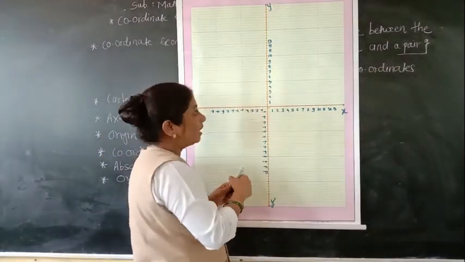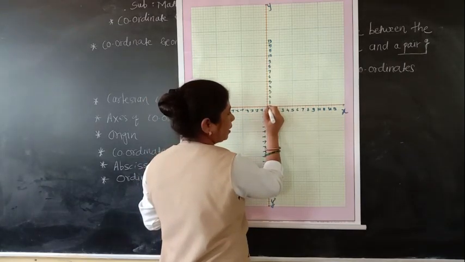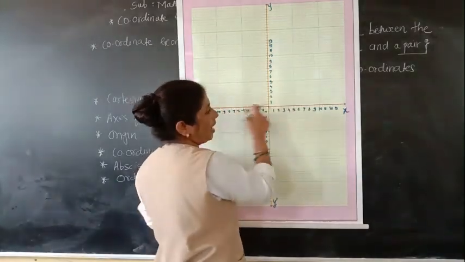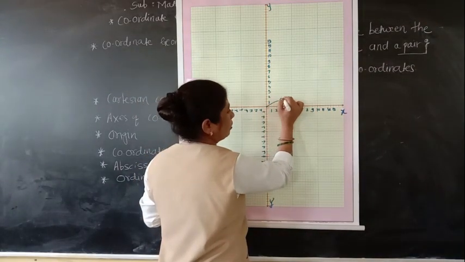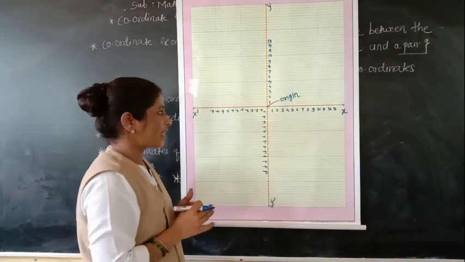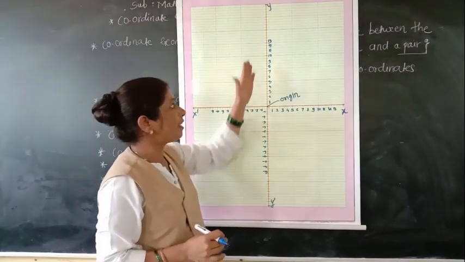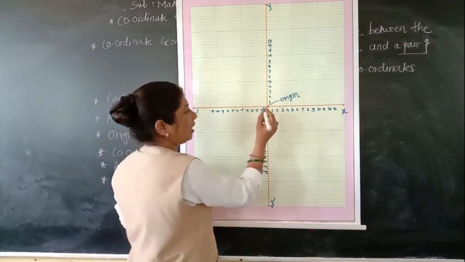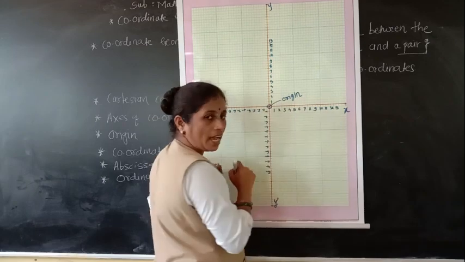These two number lines intersect each other. Okay, so the point of intersection is here. This point of intersection of your horizontal and vertical number lines, that is the x-axis and y-axis, is called the origin. The horizontal and vertical number lines are perpendicular to each other, right? And here they intersect each other at a point. That point is called the origin of the axes.